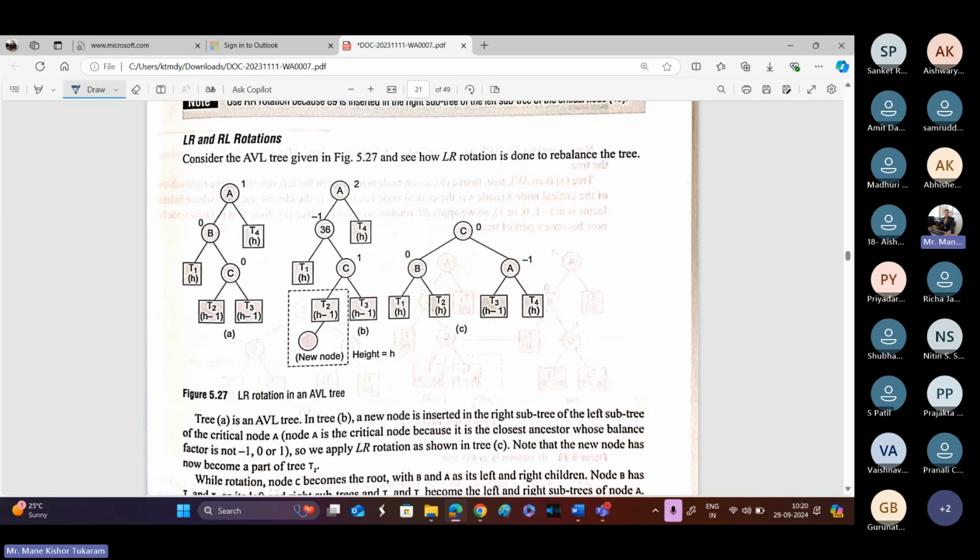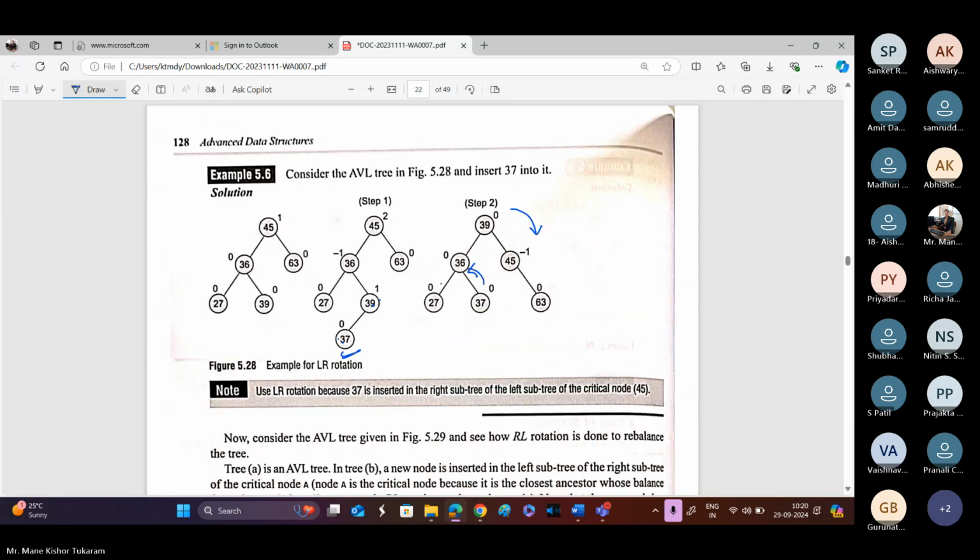Okay, so here लेफ्ट सबट्रीच्या राईट सबट्रीच्या लेफ्ट पार्टला जर इन्सर्ट केला तर LR येणार आणि जर इकडच्या बाजूला इन्सर्ट केला तर RL येणार. ओके,